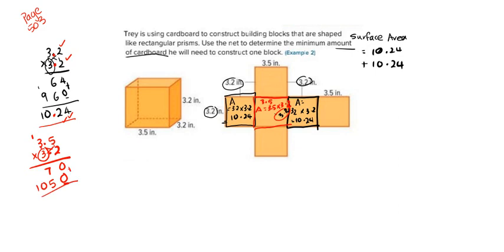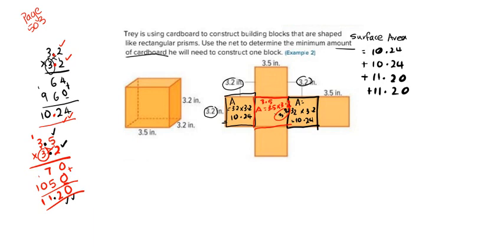We're going to add these up: 0, 12, 1, 1. You can see there's one number after the decimal point in the 3.5, and in the 3.2 there's one number after the decimal point. So in my answer there'll be two numbers after the decimal point. So that area is going to be 11.20, and we're going to add it 2 times